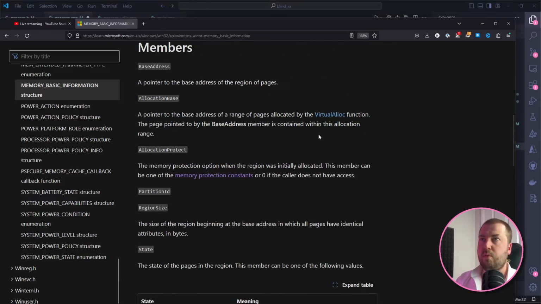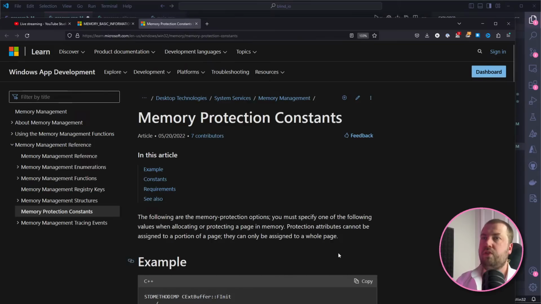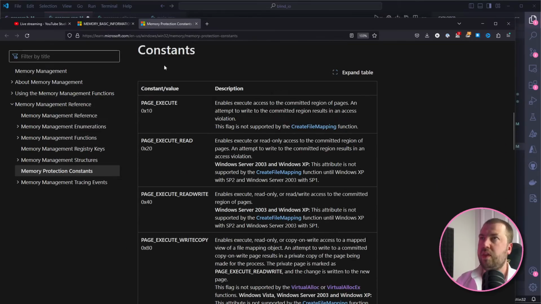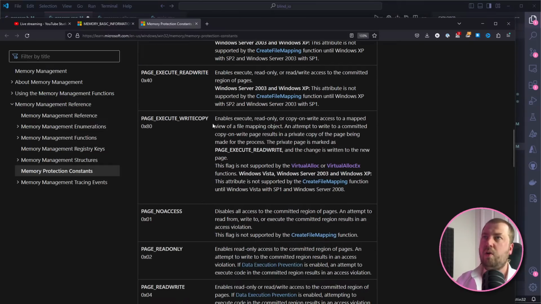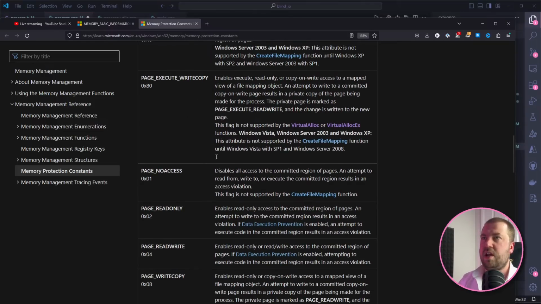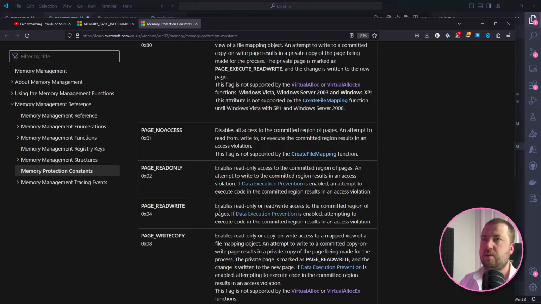And these are the memory protection constants, the possible options we can get from that. So it'd be execute, or execute read, or execute read write, where for some reason read write doesn't have an underscore between it, but execute and read does. And there's a whole load of other ones which are either Windows specific or quite situation specific. So we're not going to worry too much about these. To start with, we're just going to worry about the big three, which is readable, writable, and executable.